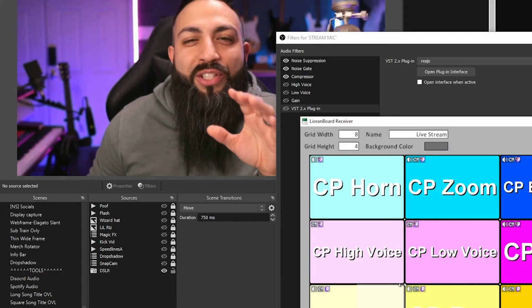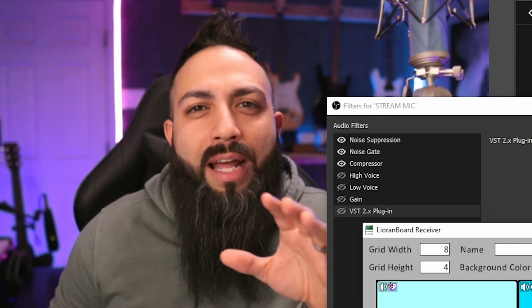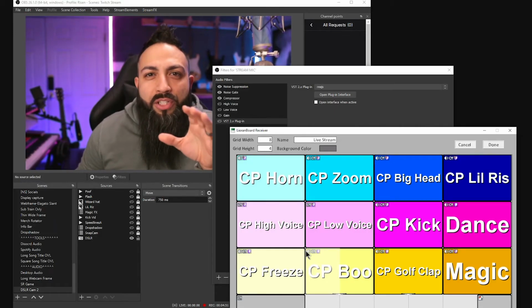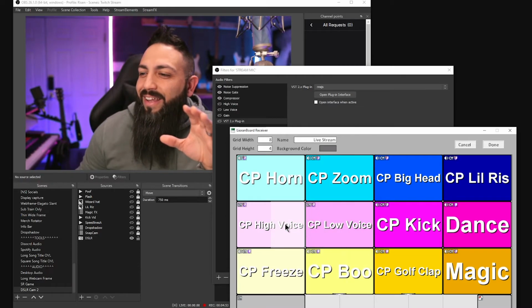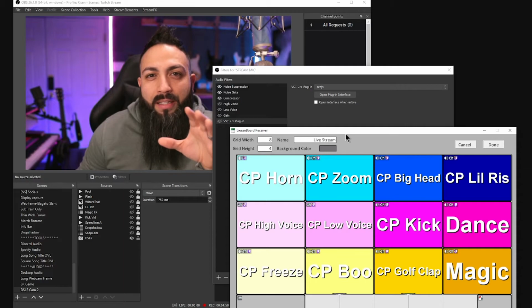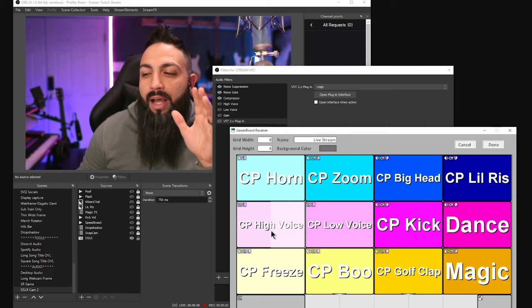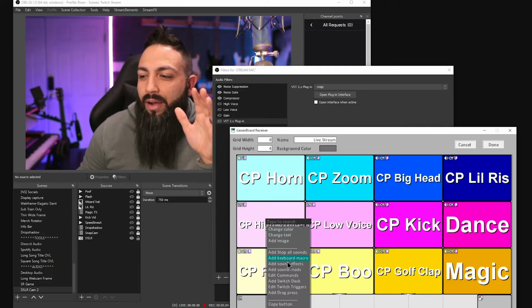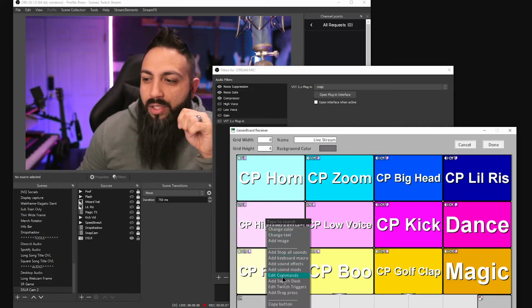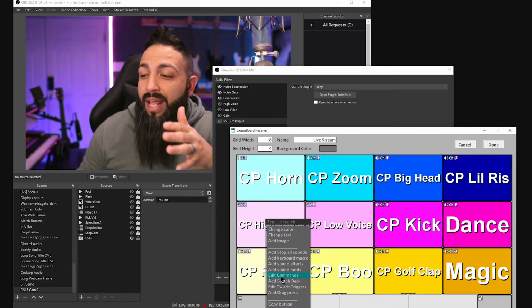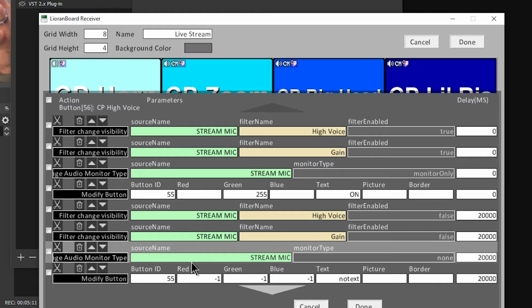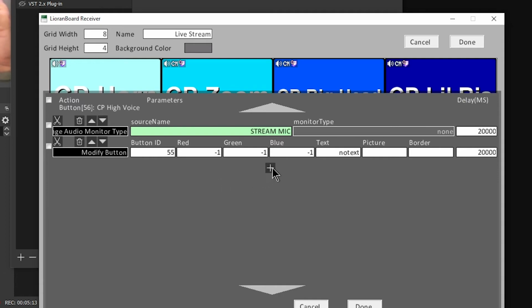So with the pitch change plugin created, did I say that right? The pitch change plugin created, I did. Okay. With the pitch change plugin created, we're going to go to Lioranboard, and we're going to create another button, and on that button, we're going to label it high voice. Right click on it, and we're going to add a command. I already have it, so again, mine says edit command. We're going to add a command, and then you're going to click the plus sign,